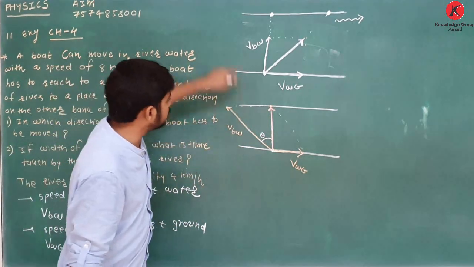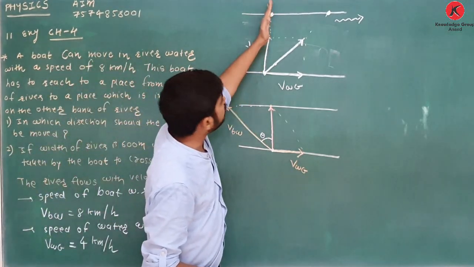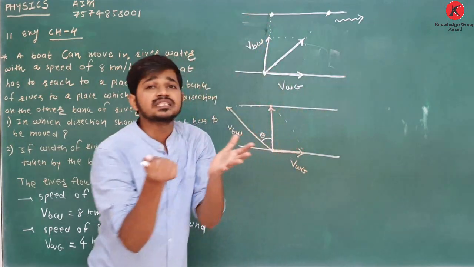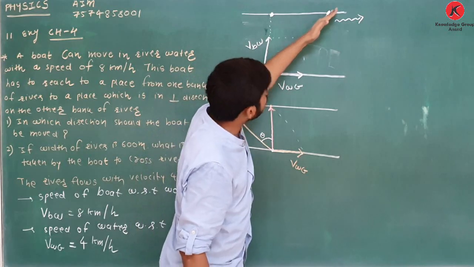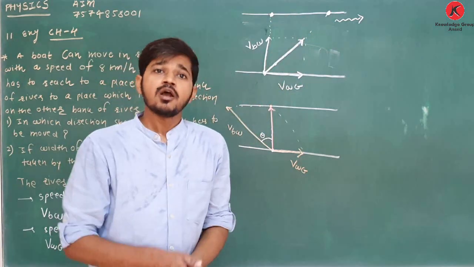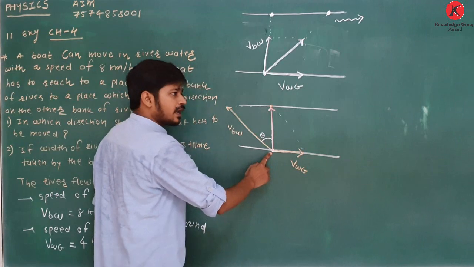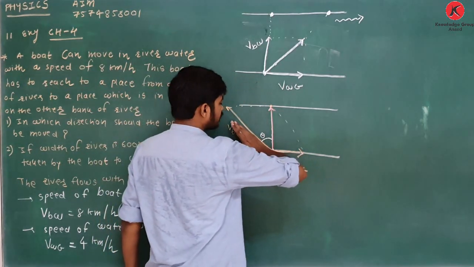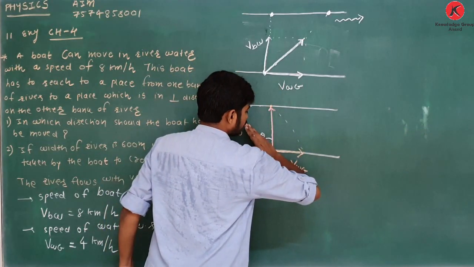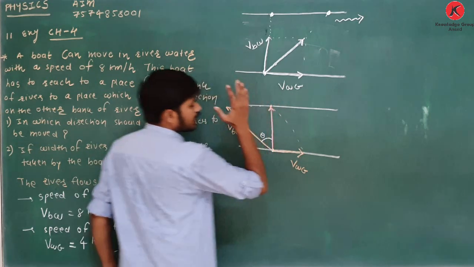What is the difference between these two figures? See, if in the starting I am moving directly towards the perpendicular point, and the river is flowing in this direction, then what is the resultant velocity? The resultant velocity is in this direction, meaning I will reach this point, not the perpendicular point. But if I want to reach the perpendicular point, then I must move the boat initially in this direction, with the velocity of water in this direction, then the boat moves in this direction, and I will reach